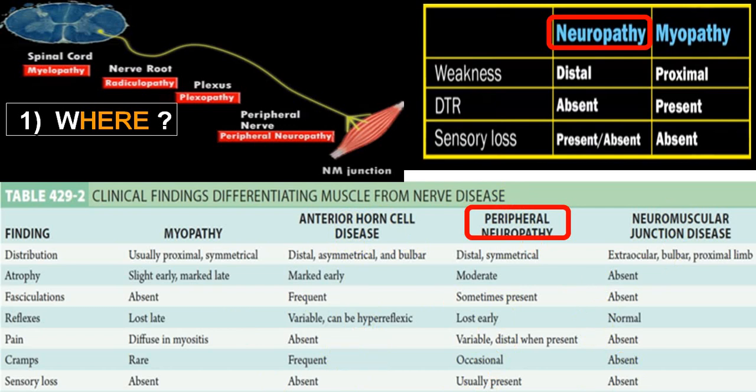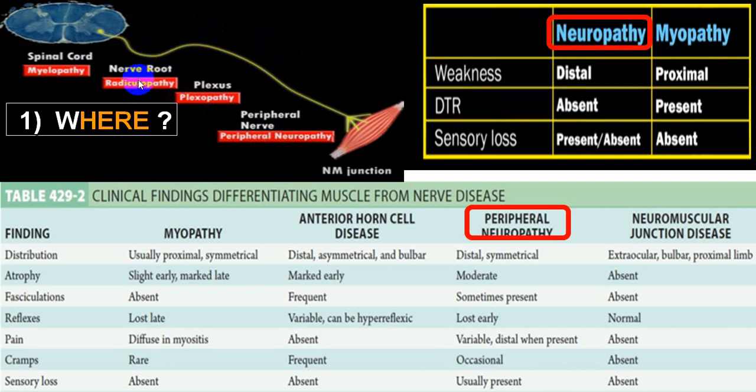If you remember this difference, you will be able to differentiate in a peripheral damage whether it is a myopathy, a neuromuscular junction disorder, a peripheral neuropathy, or an anterior horn cell disease. Then you have to differentiate between nerve root, that is radiculopathy, plexopathy, or peripheral neuropathy. I already mentioned, in radiculopathy you will have a severe radicular pain. In plexopathy, multiple nerve roots will be involved, while in peripheral nerve, it will be in the distribution of a peripheral nerve.